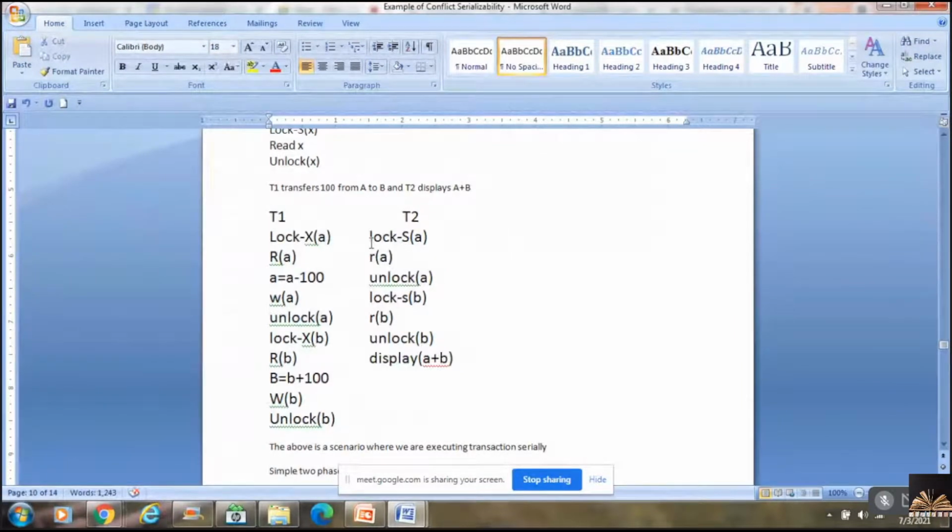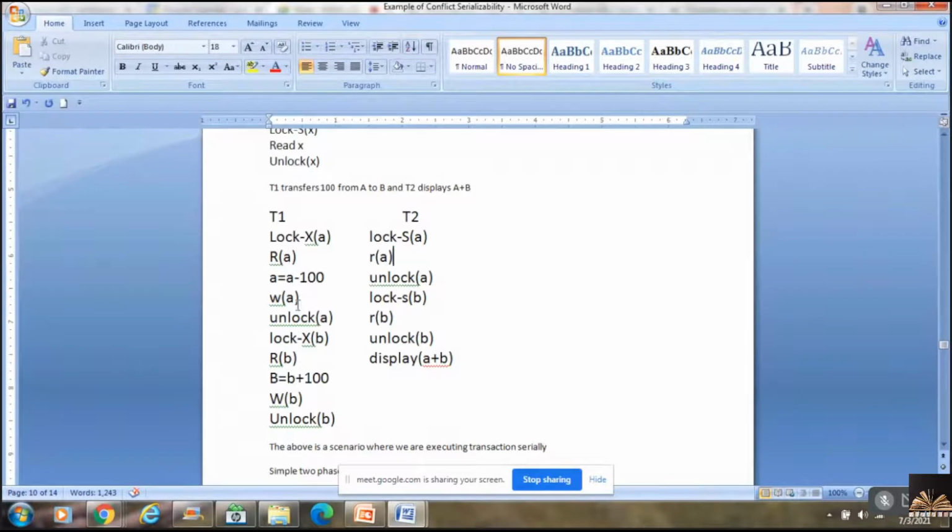These are the steps of transaction T1. Lock X of A. A is the database item. X symbolizes an exclusive lock; then I can perform both read and write operations. So lock X of A, read the value of A, A is equal to A minus 100, write A.